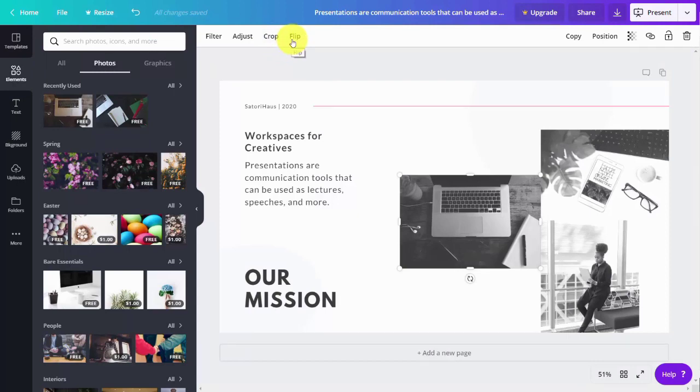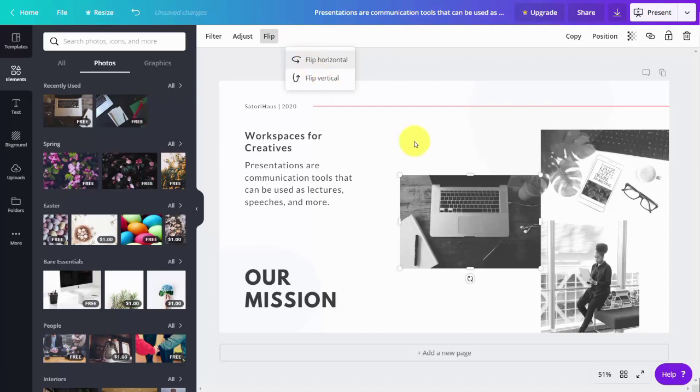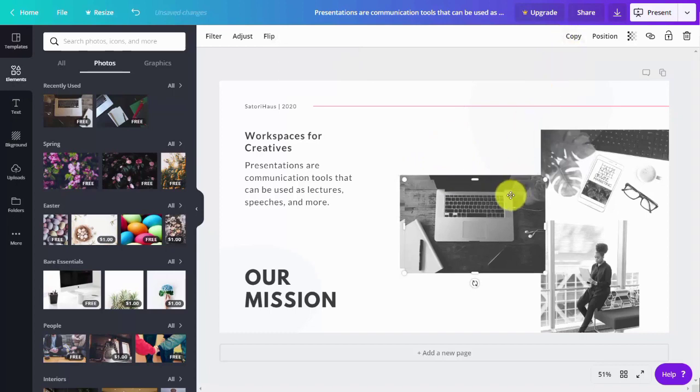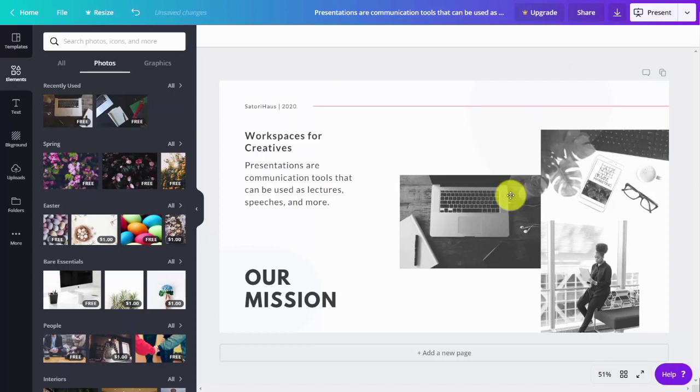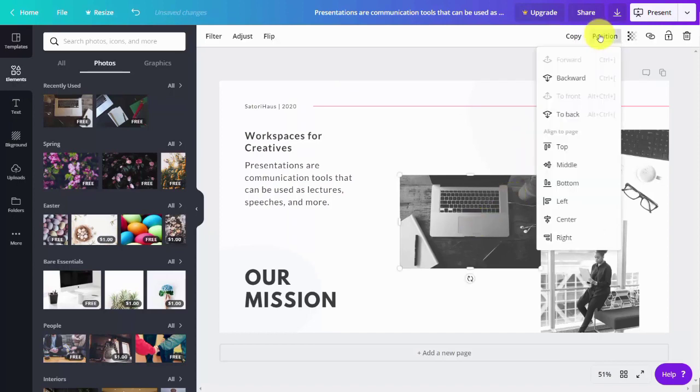We can use the flip option so that it appears in a different format, and you'll see that the elements are reversed. We can copy the element so we have a second one. We can then delete that element, and then we can position the element. We can position it forward or backward, to the back, or to the top,